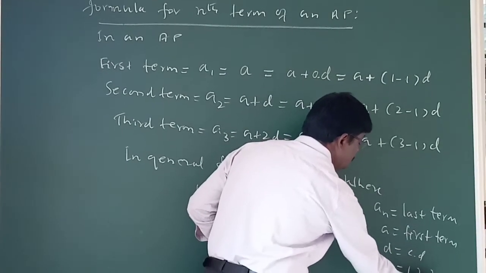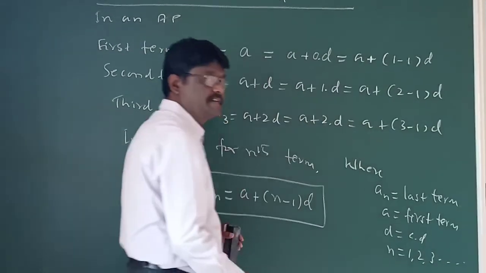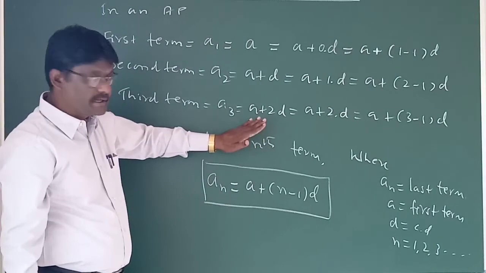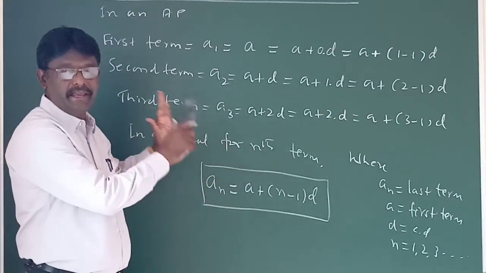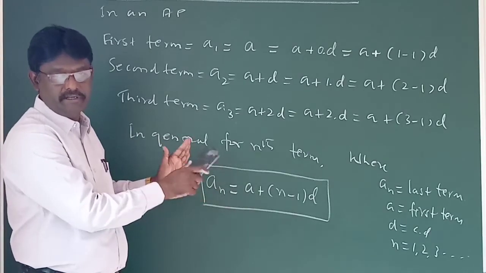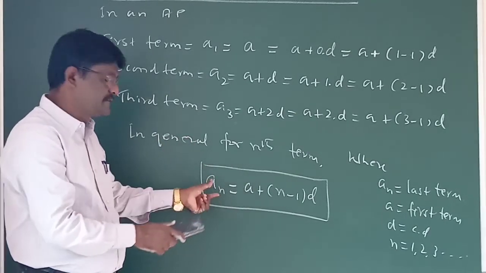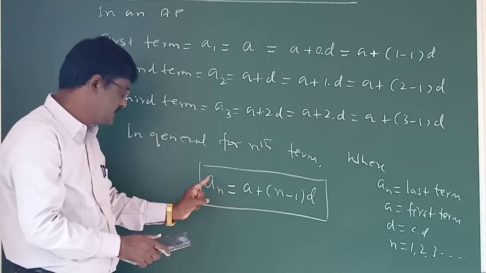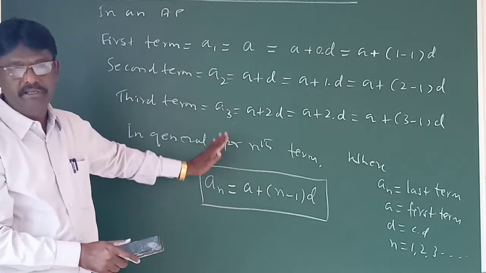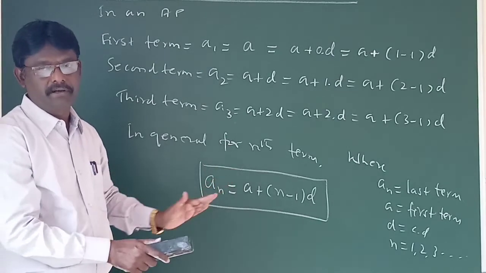It may be 1, 2, 3 and so on. Hence, children, by using this formula, we will be able to get any term, whether it is the 100th term or the 50th term and so on. Hence, the very first formula in this topic is An equals a plus n minus 1 into d. In coming classes, we will have